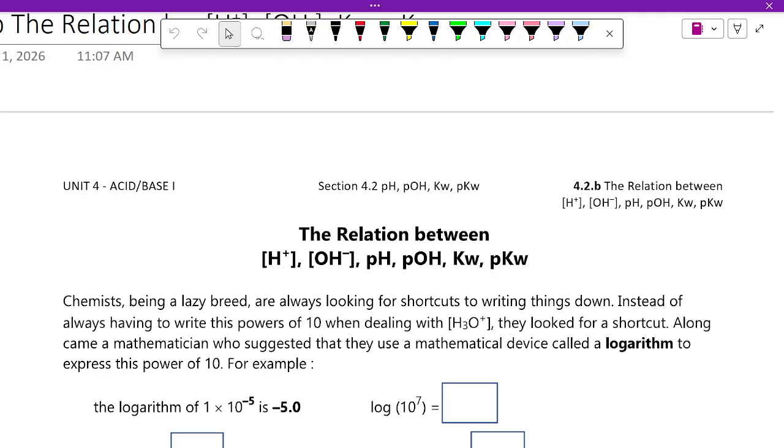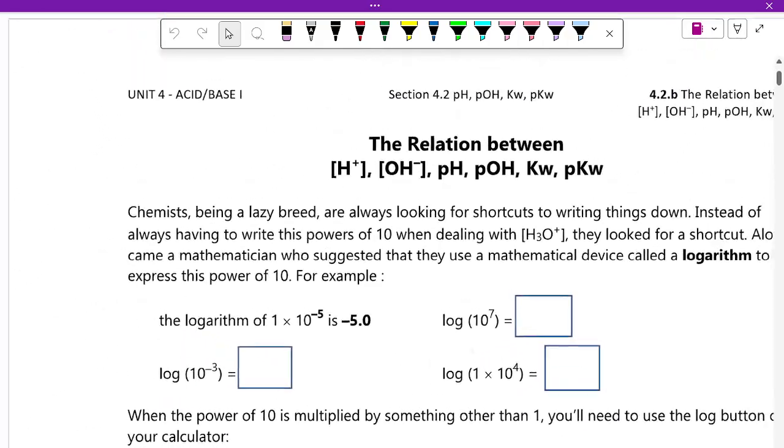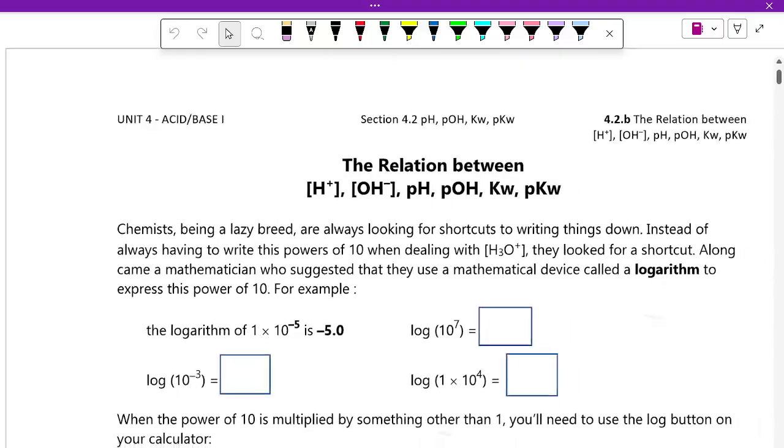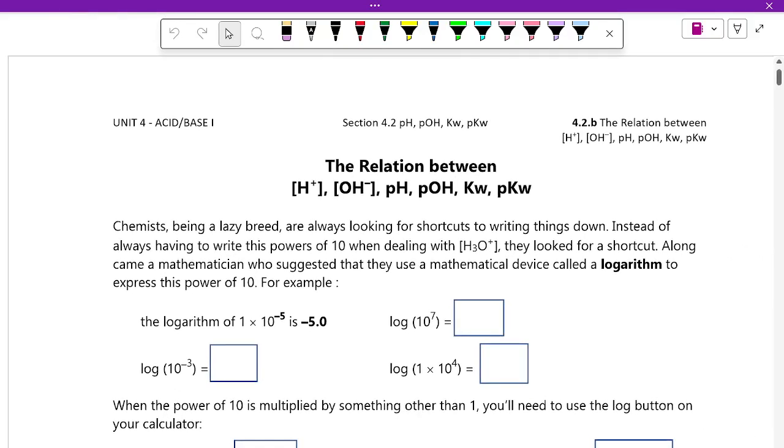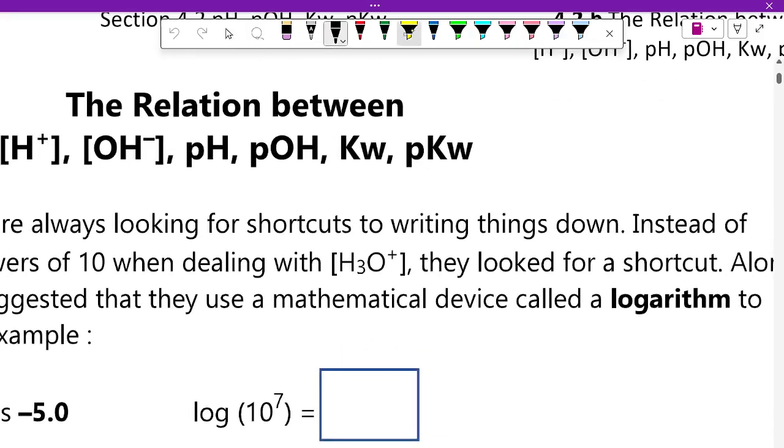So chemists, lazy people that we are, are always looking for a way to shorten how we write things down. So instead of writing our powers of 10 when dealing with hydrogen ion, you'll notice that there's a notation here. It says H3O+. You're going to learn about that more over the break, but I will just mention it right now, because actually the truth is, in water,